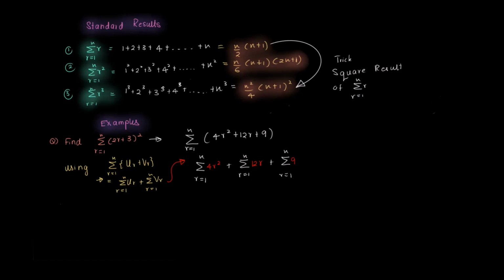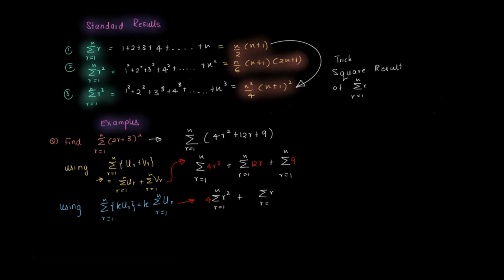Now let's further simplify this. Remember that I talked about a rule where you can take the common factor out from a summation, that is sigma k times ur, r goes from 1 to n, you can take that k out because it's common to all the terms in the summation. So that's equal to k times sigma ur, r is equal to 1 to n. So let's apply that here. You can take the common 4 out from the first term. So it becomes 4 times sigma r squared, r is equal to 1 to n, plus 12